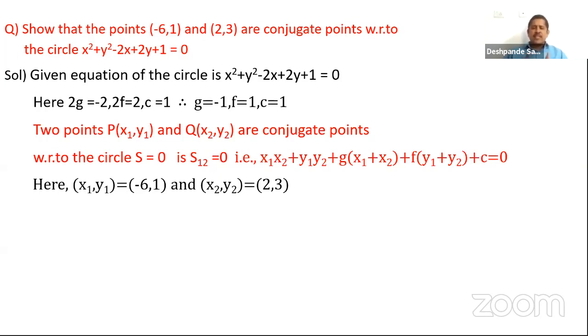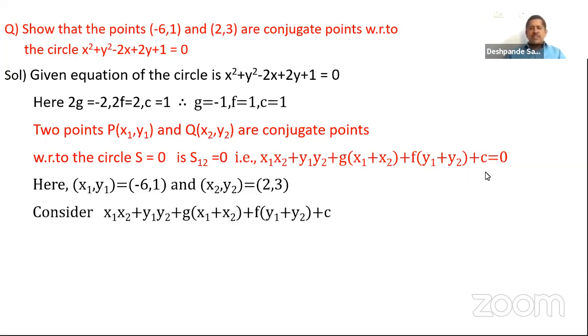Now let us check whether this condition which you have taken here is satisfied or not. So you got x1 value and x2 value, y1 value and y2 value, g value, f value and c value. Check whether it is satisfying or not. Put the value of x1, y1, x2, y2, g, f, c values in the above equation. You verify whether the condition is satisfied or not. So you observe that